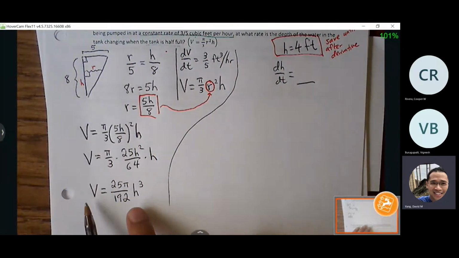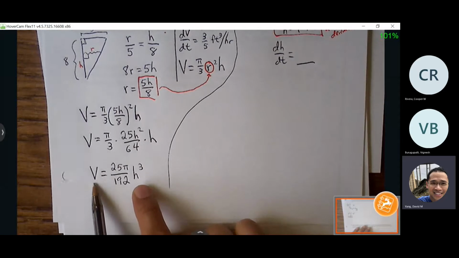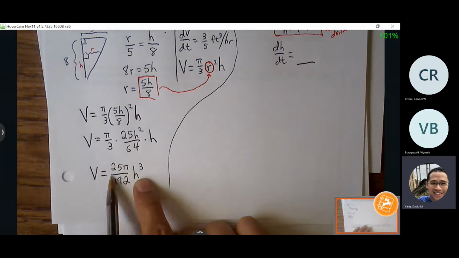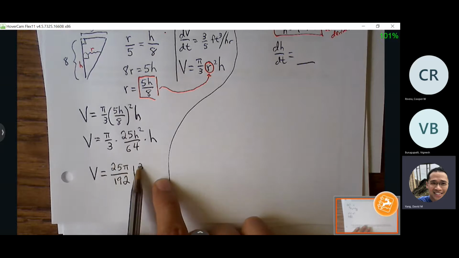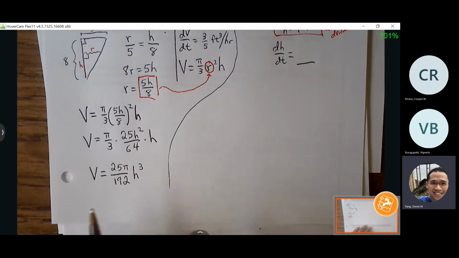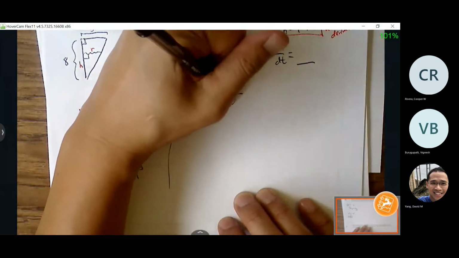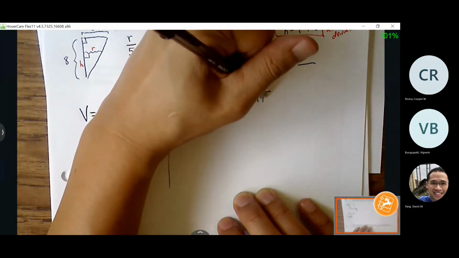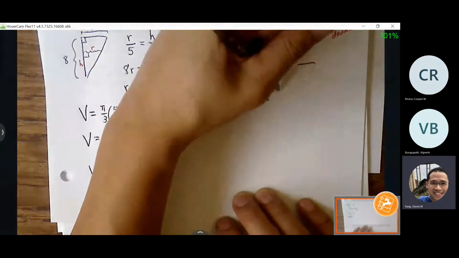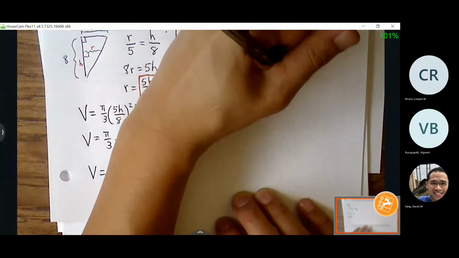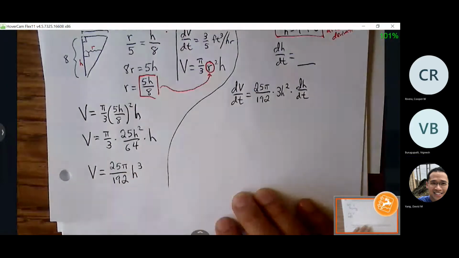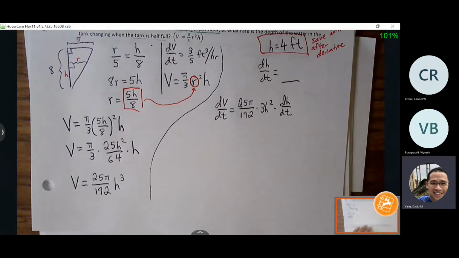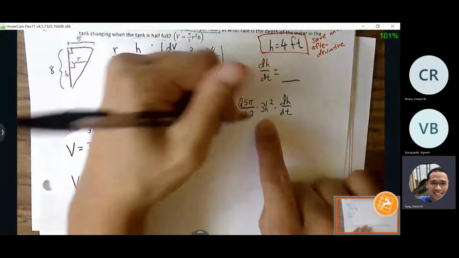Okay, so now we're ready. V, now we're ready for our derivative. V produces derivative, dV/dt. All this mess is just a coefficient that hangs out in front. And then h cubed is really the derivative that we were after here. h cubed becomes 3h squared dh/dt. Okay, you're welcome to do a little bit more cleanup, but